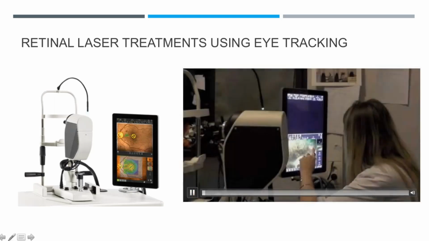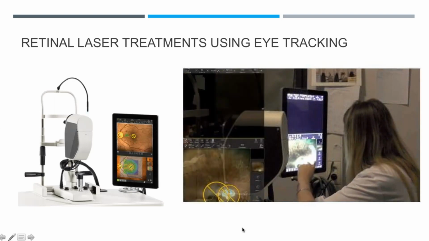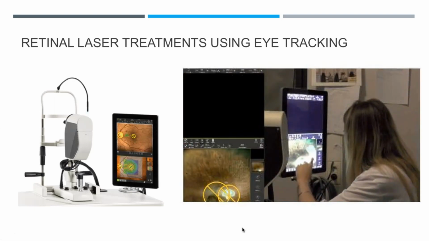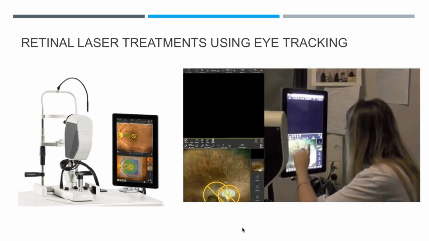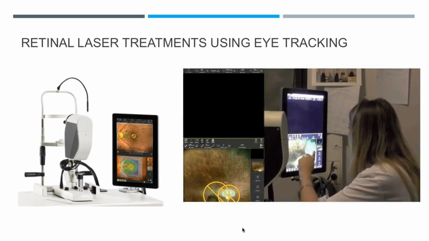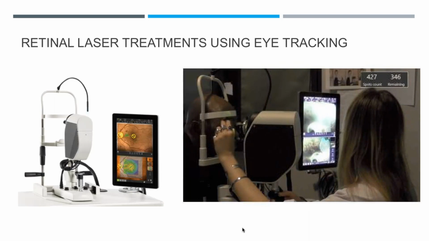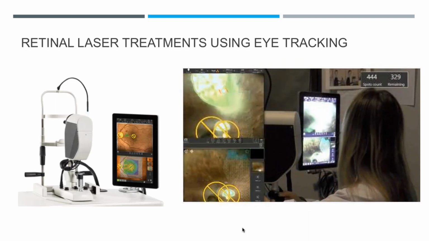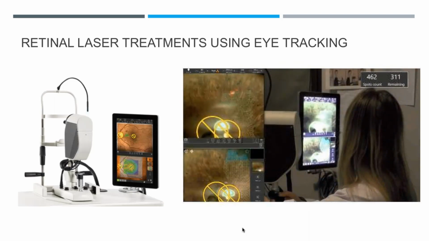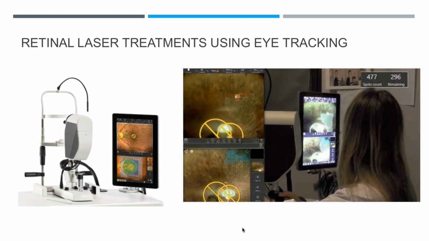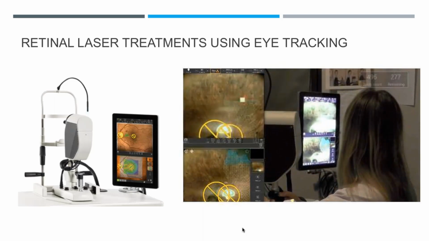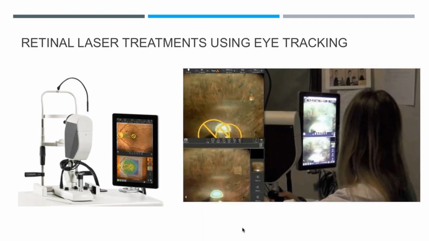And let me show you an example of photocoagulation. Here we are using digital imaging of the retina and are creating a treatment plan for panretinal photocoagulation. And then this treatment plan is a basis for actual in vivo photocoagulation. And this is what is called a pre-planned approach to